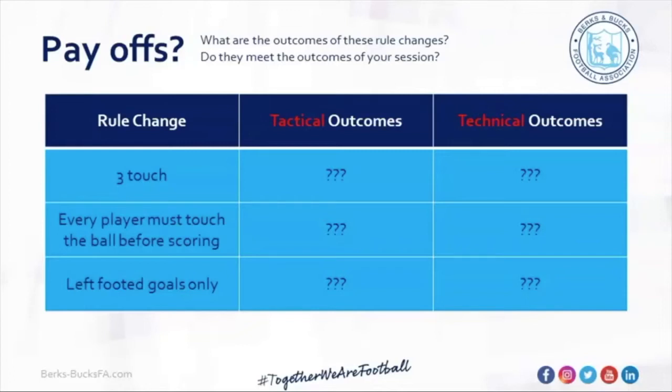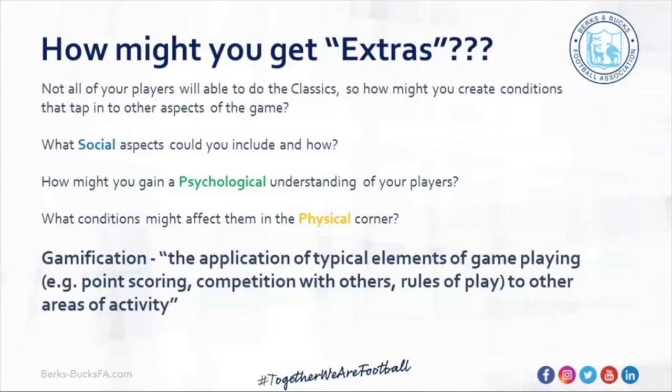So other little things I want us to think about is this. So we've got technical outcomes and tactical outcomes potentially from those types of conditions. But like I said, not all of your players are going to be able to do those classics. So I want us to think about how might we create conditions that tap into other aspects of the game. So what social aspects could you include, and how? How could we make sure that our players are actually having conversations and coming up with certain outcomes as groups, as pairs,